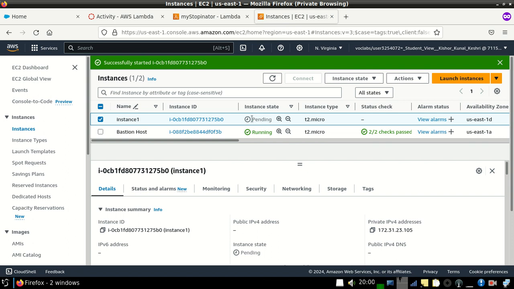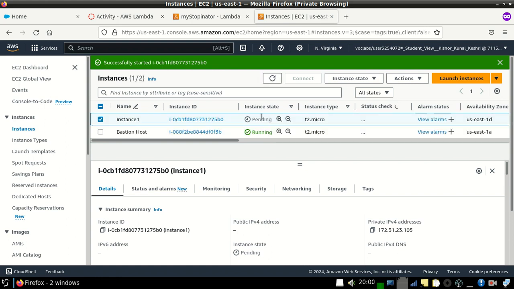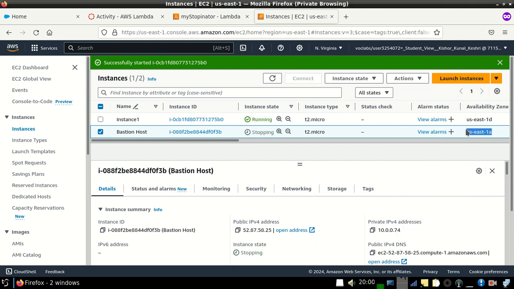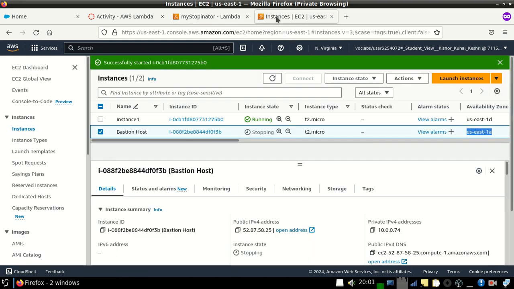Now look here, it is in pending state. After some time the state will be running.